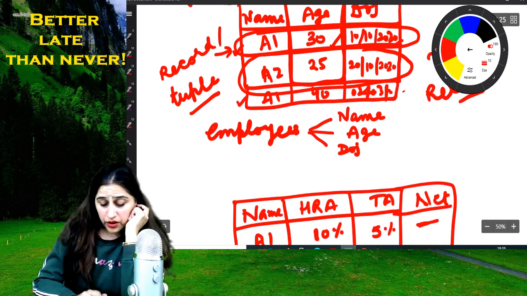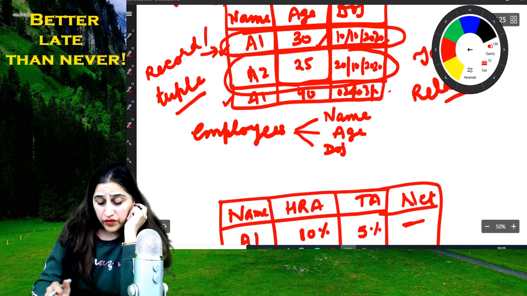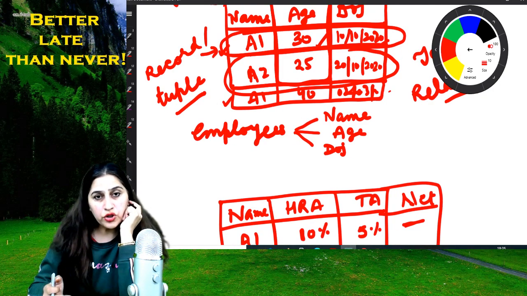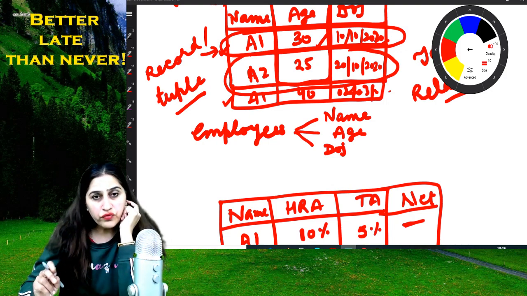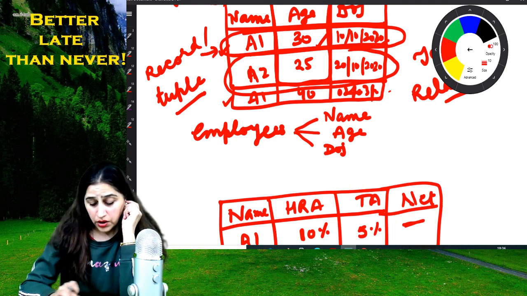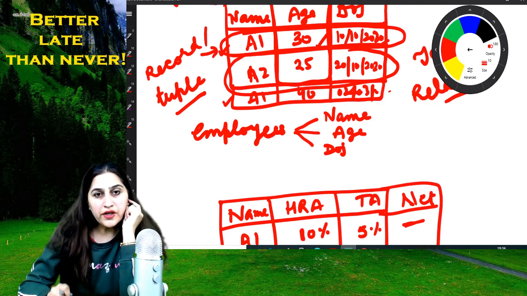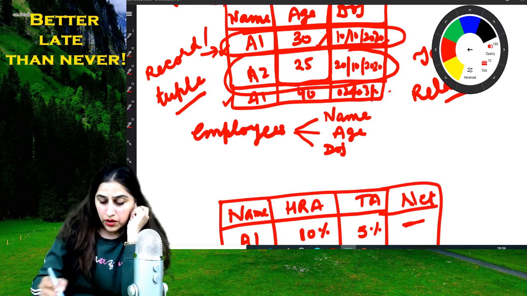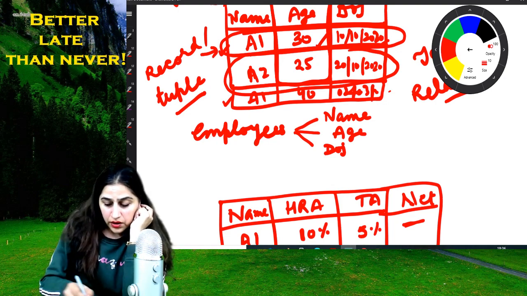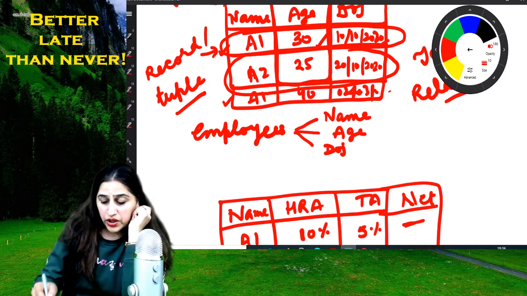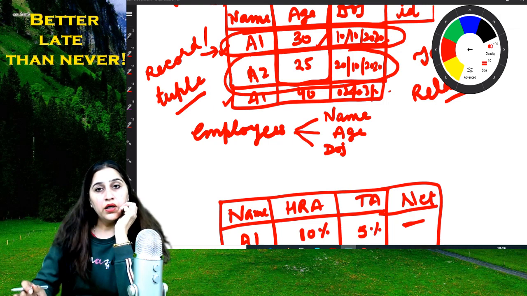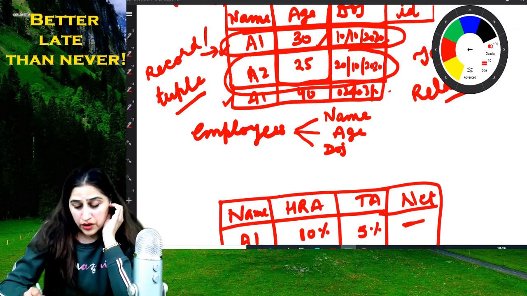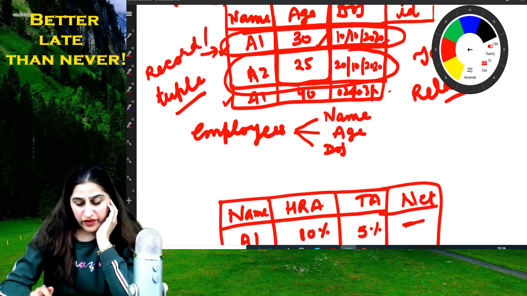So there is a requirement, whenever we decide the structure of a table, we should take at least one field which identifies single record. Like if I write name, age, DOJ and then one field like identification of employees, this field will contain separate value for each and every record.